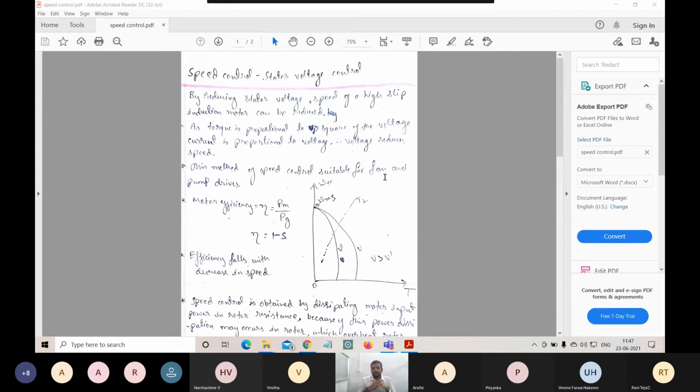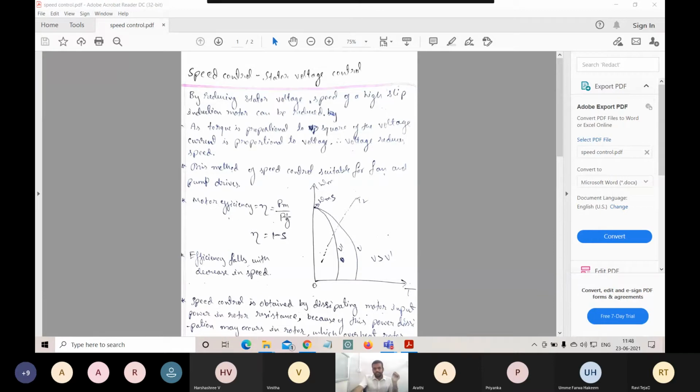In the potentiometer technique that we use, that potentiometer technique also depends upon our stator voltage reducing method. So you use a potentiometer and keep reducing the resistance. As we keep on increasing or decreasing the resistance, since current is inversely proportional to the resistance, if you decrease the resistance it will increase the current. So when the current increases, automatically it increases the speed of the motor. So this method will be used in our fan.